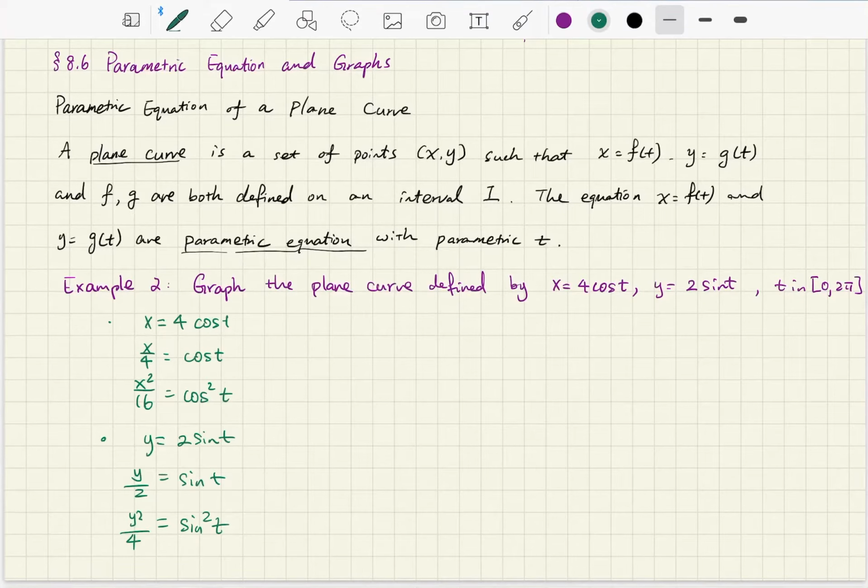And then I will combine them together because sine squared t plus cosine squared t equals 1. By replacing sine squared t and cosine squared t, I will get y squared over 4 plus x squared over 16 equal to 1. And this is a standard equation for an ellipse. So we're going to end up with an ellipse